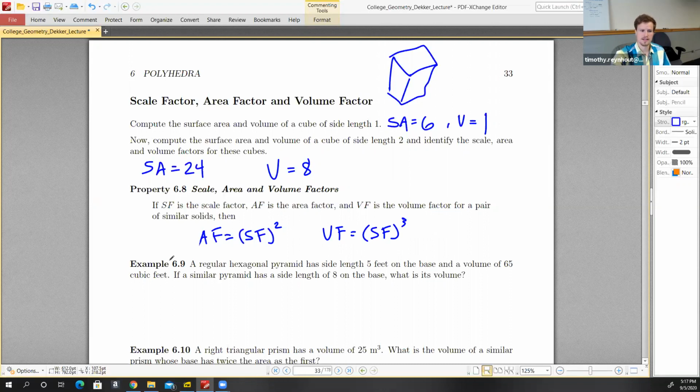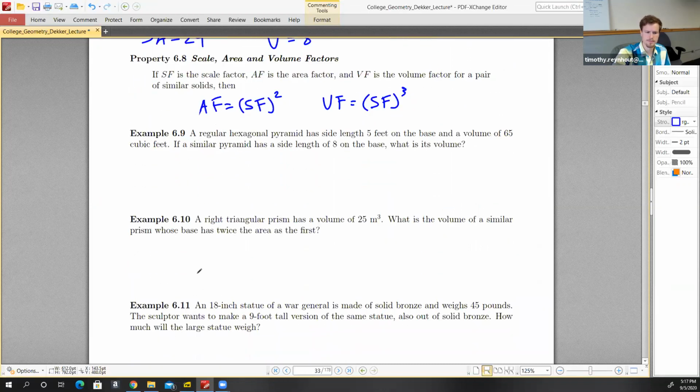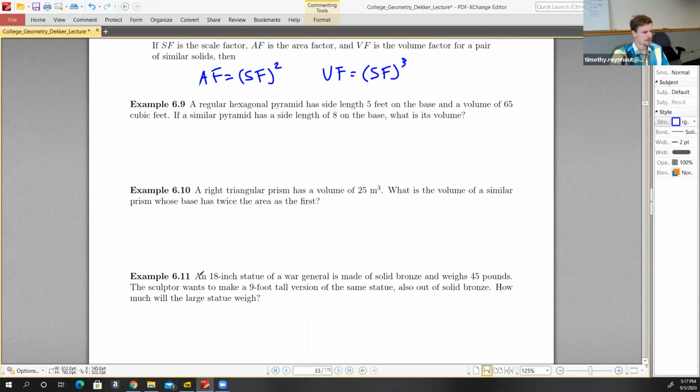So we can use that to help us answer some questions about surface areas, side lengths, and volumes of objects. All right, so we've got 4 examples here that we want to take a look at. So suppose we have a regular hexagonal pyramid. So 6 sides, 1, 2, 3, 4, 5, 6, and it's a pyramid. So we've got something that looks like this, of course. And it has a side length of 5 feet on the base, and a volume of 65